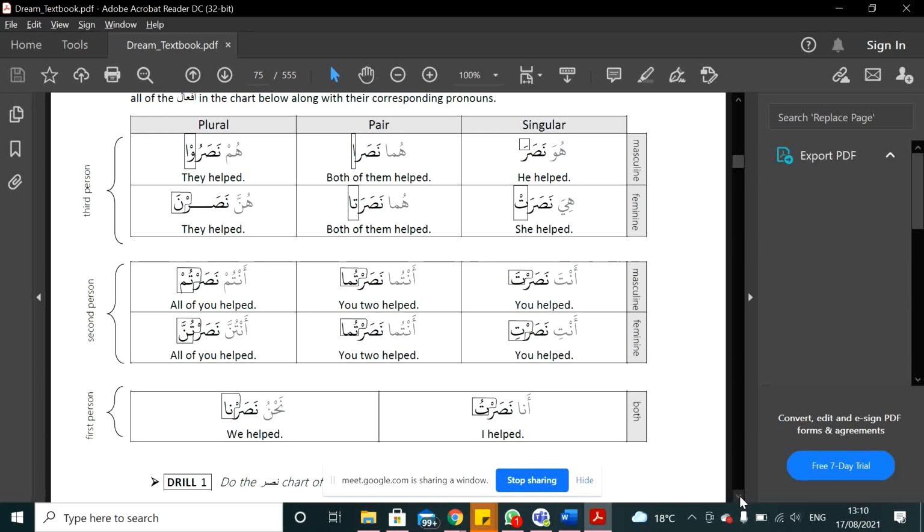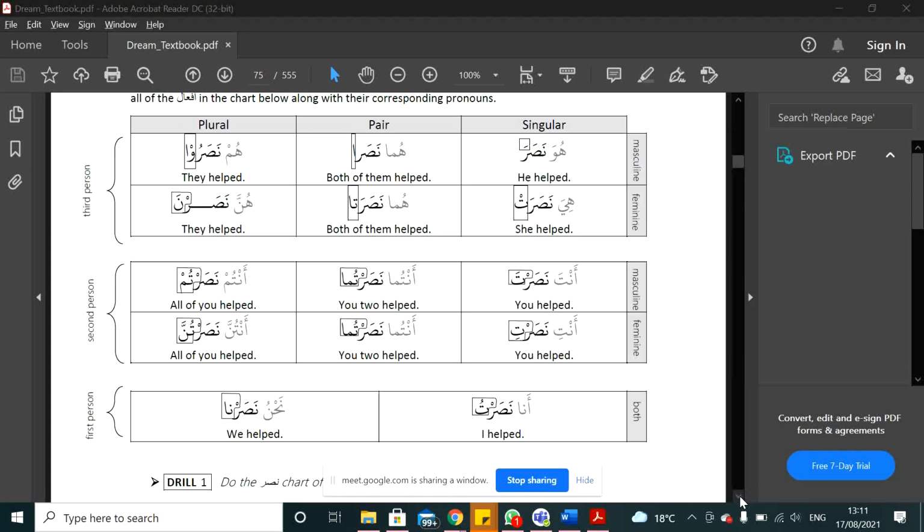Now for the chart, for us to remember, we are saying huwa nasara, but you will not see nasara written huwa nasara because the single fatha on ra is telling you that this is huwa. But since we are new, we will remember it like huwa nasara, right? And later on when we see nasara, we will say, oh, it means huwa. So it's not written like huwa nasara, but it is for our learning purpose so that we will get familiar with it, and then later on we will be easily identifying what is the hidden pronoun in it.